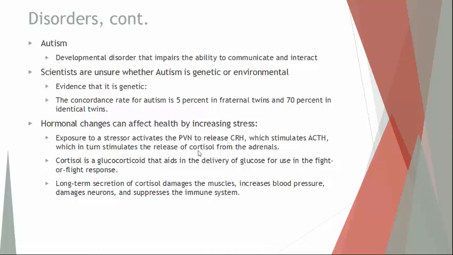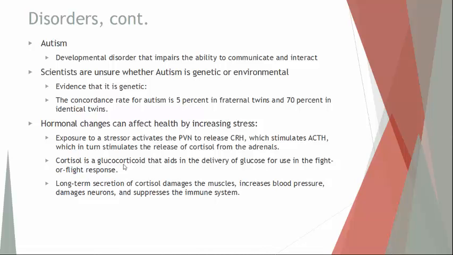Cortisol is called the stress hormone because it helps to deliver sugar for energy, or glucose, that your body needs in the fight or flight response. So whenever you're in an emergency situation where you need energy right away, it's cortisol that helps deliver the glucose to those tissues that you need. Cortisol belongs in a class of hormones called glucocorticoids because they affect glucose, and they're from the cortex of the adrenal glands. That's why they're glucocorticoids.